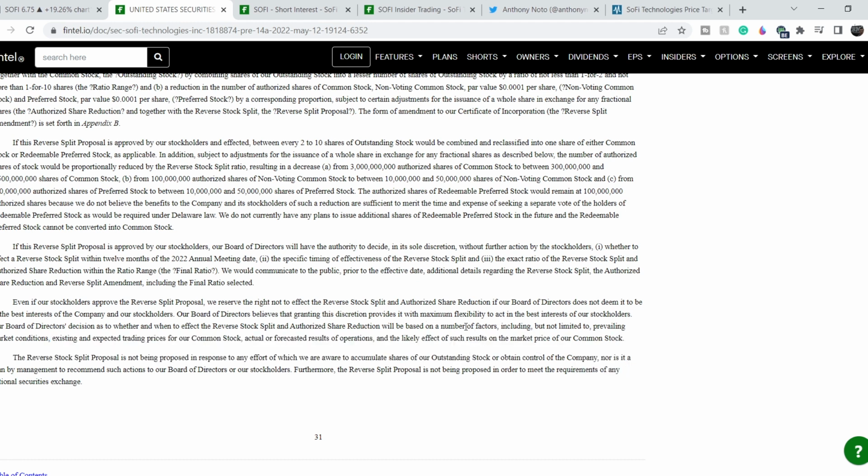So, there are several factors that they want to base their decision of reverse stock split on, but these are not the exact factors right now, and we don't know why they decided to do so, because it is just general information. And let me quote you further, the reverse stock split proposal is not